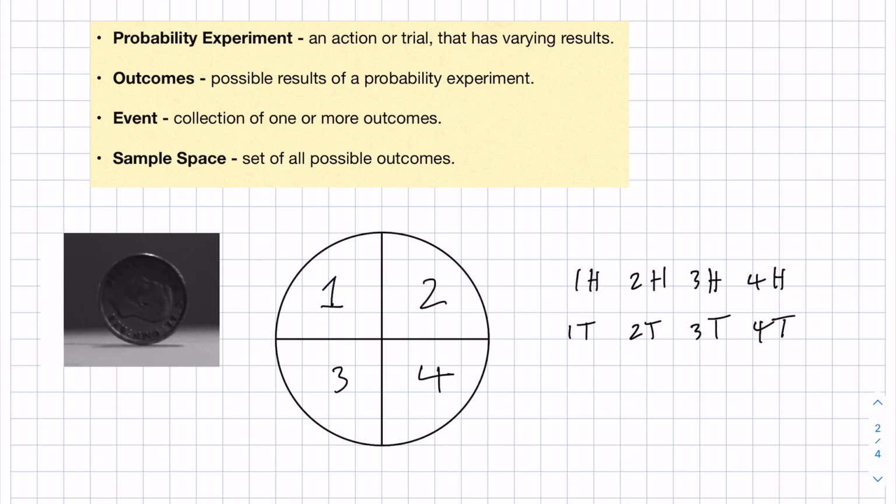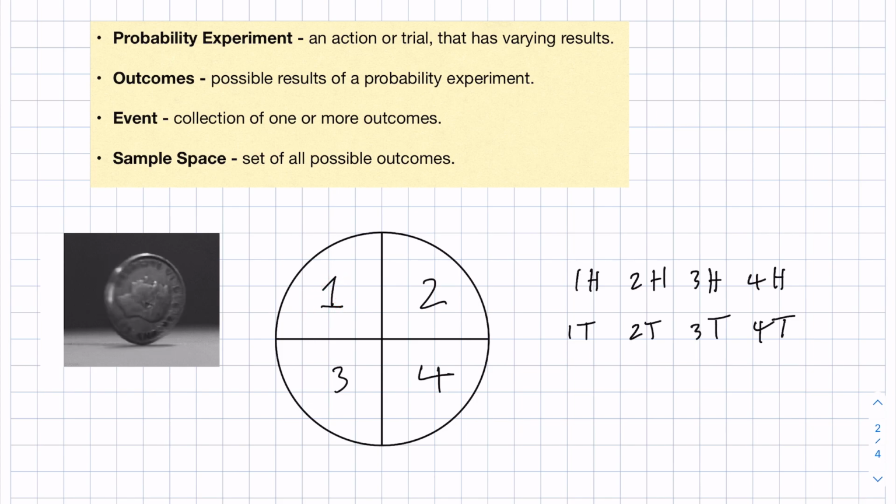Event is a collection of one or more outcomes. Let's say the event of a coin being heads, that could include this one here, this one, and this one. So all of these things would be the event that the coin is heads. Let's say the event that the spinner is 1. Then this one and this one is the event that